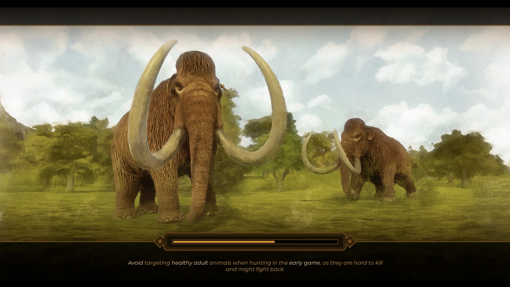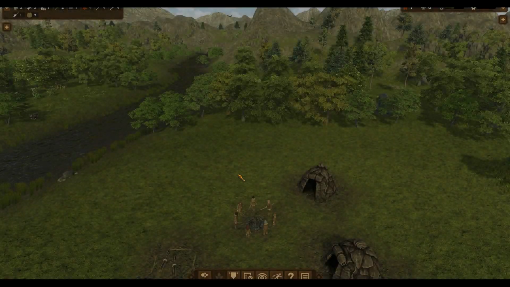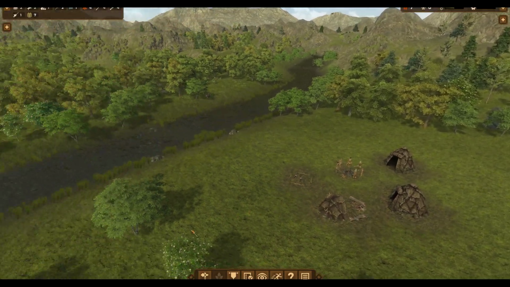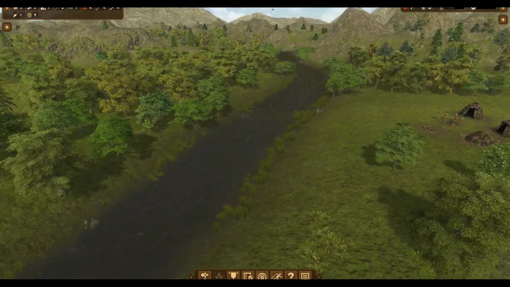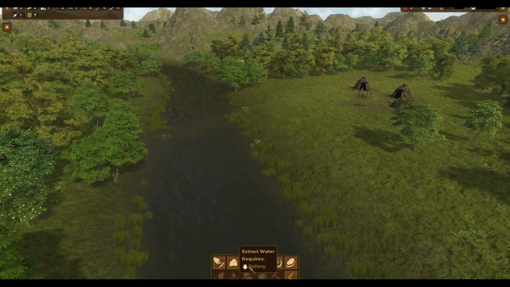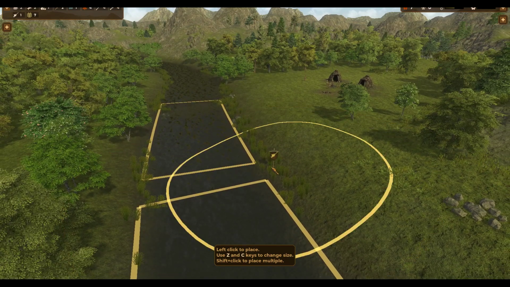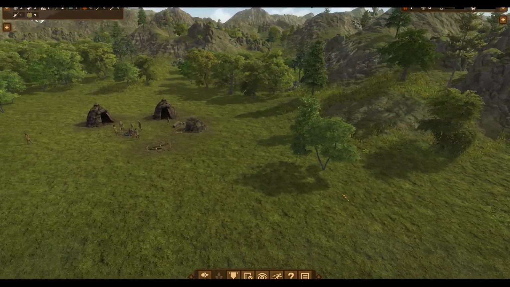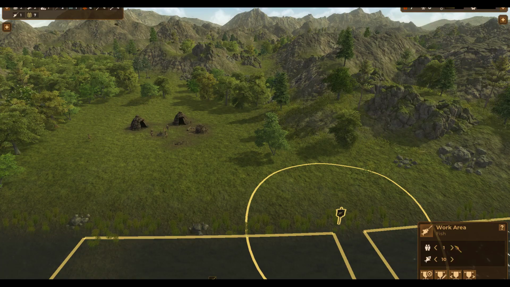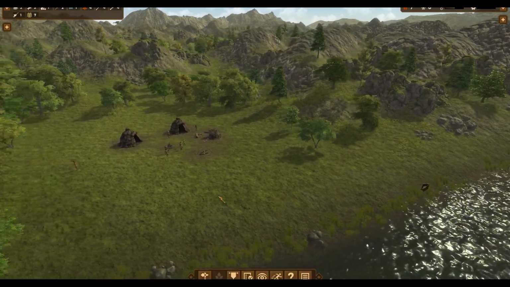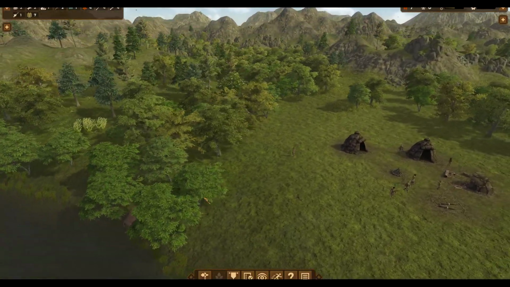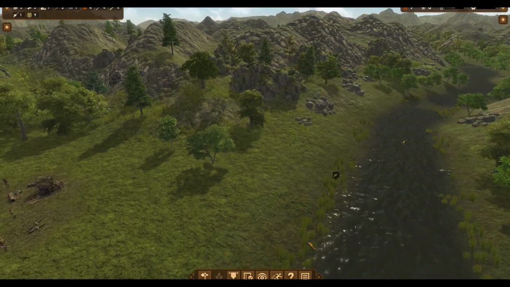Avoid targeting healthy adult animals when hunting in the early game, as they are hard to kill. Makes sense. Alright, team, let's put together what we learned. Let's make a fish work area. There. And I'm gonna say we want 2 people on fish. And then